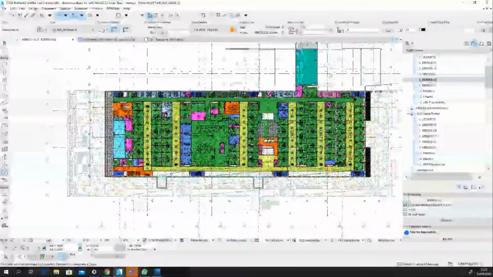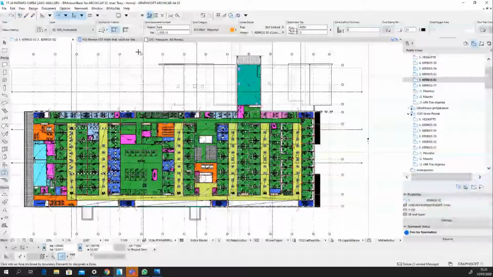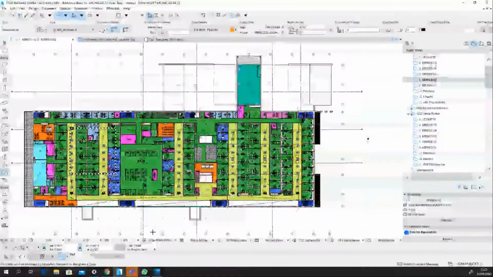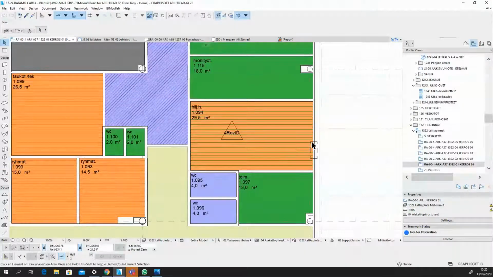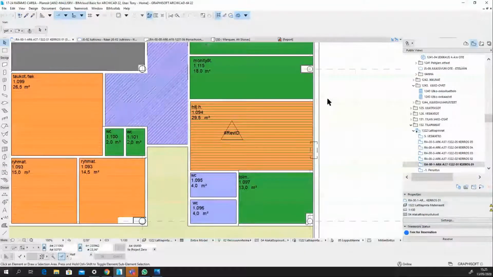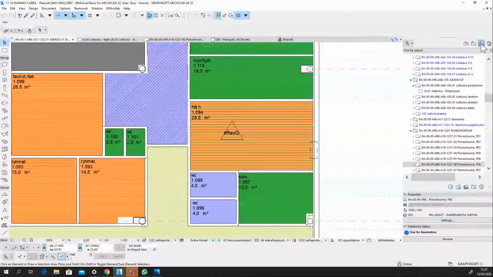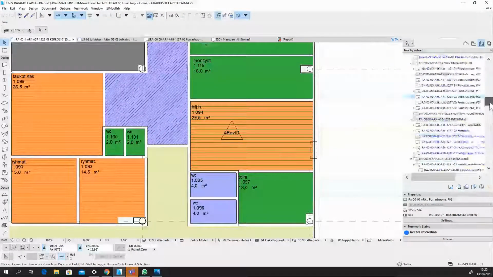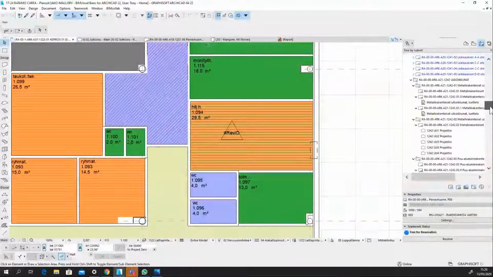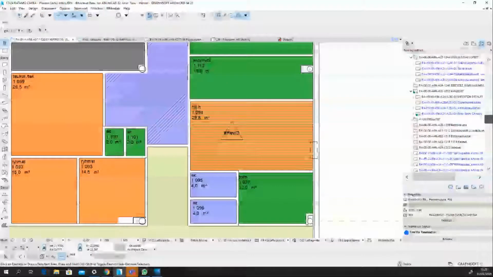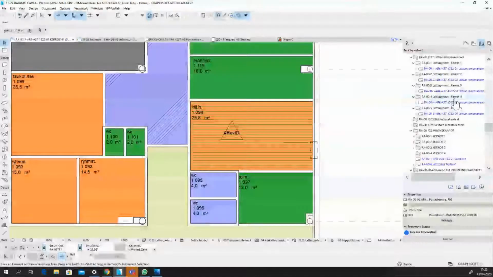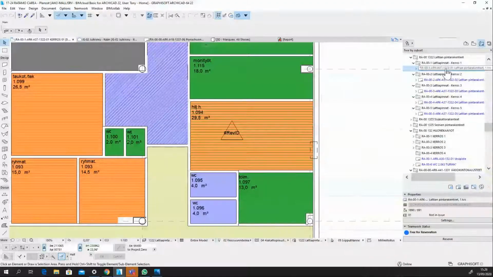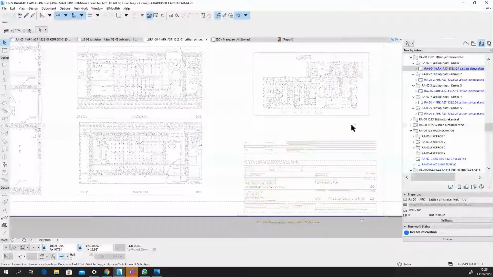And another handy little thing is, with these graphic overrides as well, in combination with schedules, we can create a little legend to show what all these different colors mean. I'll just try and find the sheet here. If we go to the left, into the Charlie, this one here,